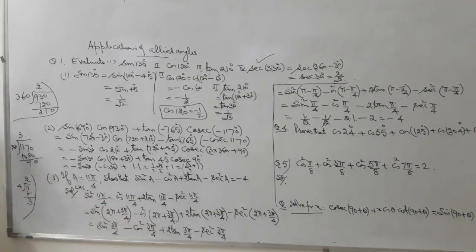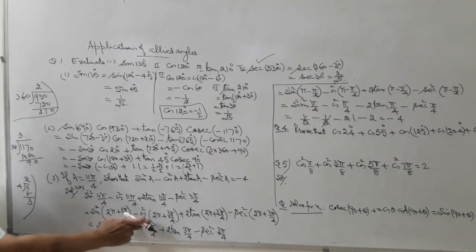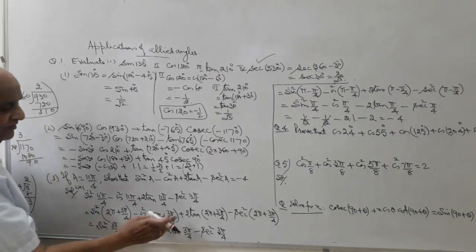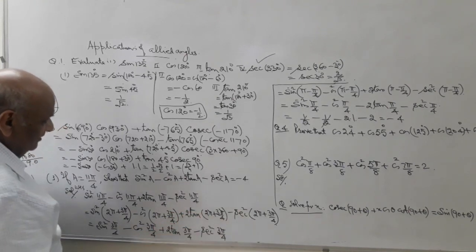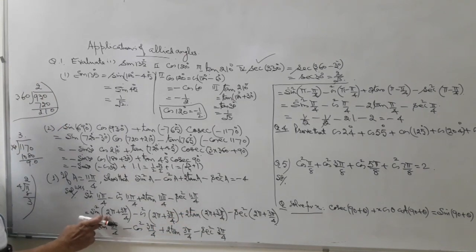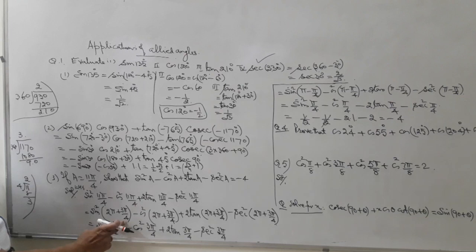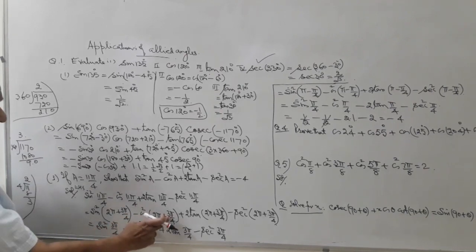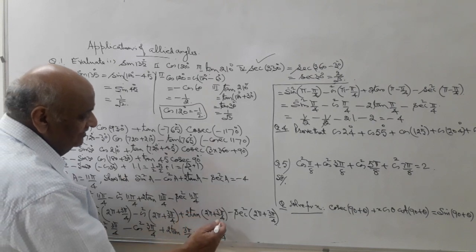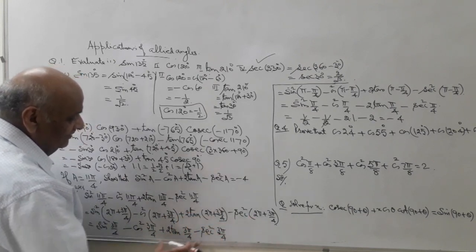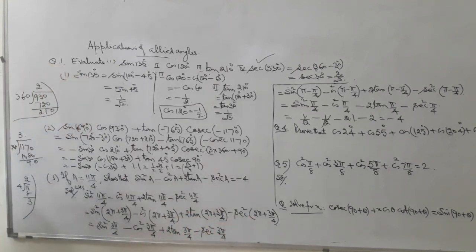Simplify this roughly. Cos square 2 pi plus 3 pi by 4, 2 tan 2 pi plus 3 pi by 4 and this. Now, 2 pi means the 360 degrees, one revolution complete. Sin 360 plus theta is sin theta, cos 360 plus theta is cos theta, tan 360 plus theta is tan theta. Put the values here. That means you are able to simplify up to this level.